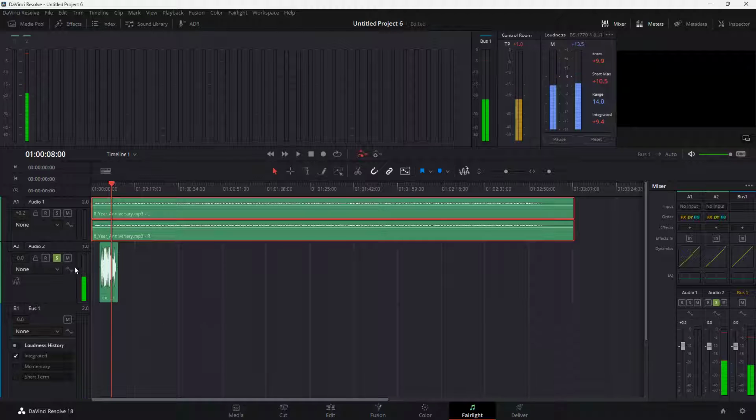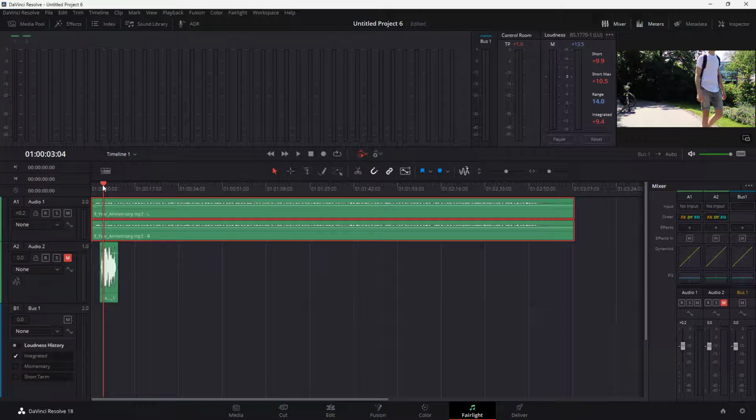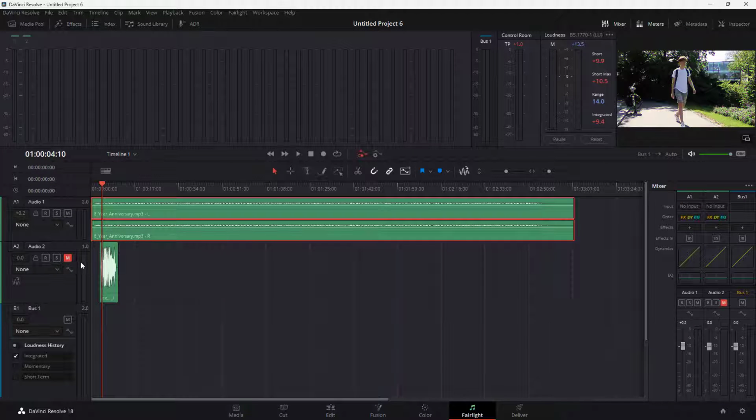So that is what you have. As you can see, you just hear out this particular audio. But if you have more and more audio layers right here and you want to mute out the audio layers separately as well, you can click on the mute button right here. So what it does is it mutes out the selected audio layer and you will only hear out the other layers right here. So if I were to press the play button,